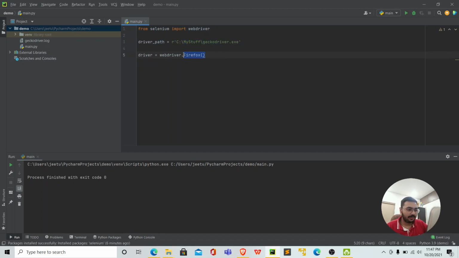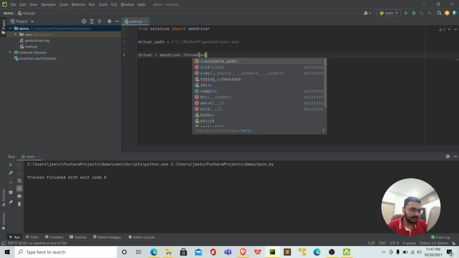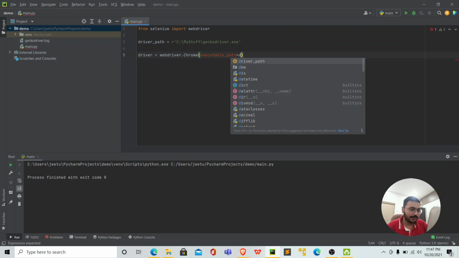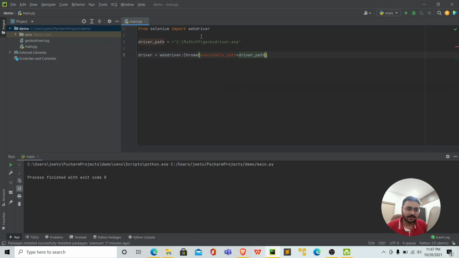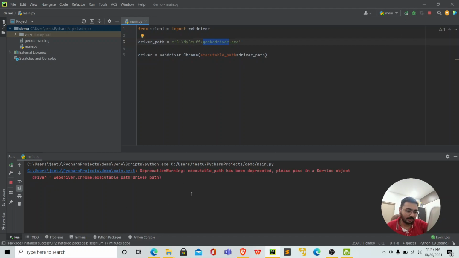For example, let's say I am using Chrome over here, and now I am providing the executable path, and I am providing this driver path over here. But as you can see, this driver is for Firefox, so it won't work. Let me run it and just show you the error which it will give me.